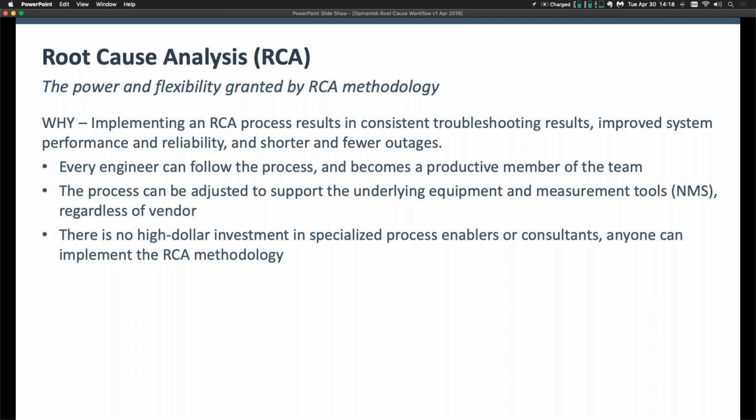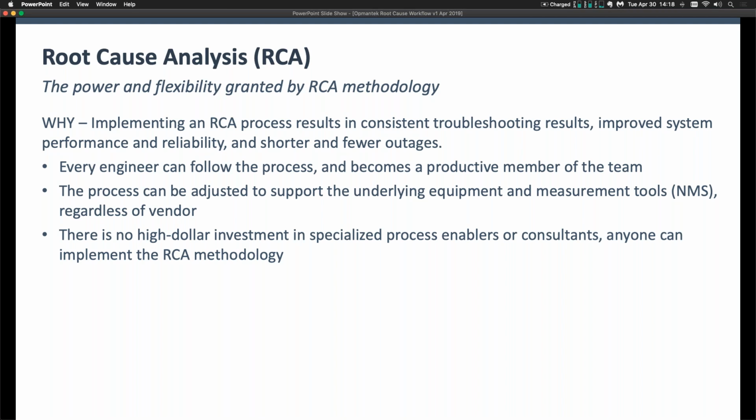Your RCA process is flexible enough that you can use any tools you can to help fill in the process. It's about looking at what you have, as opposed to saying, in order to implement this process, you must have these 3 pieces of software, and you have to spend this much money, and you have to hire high-cost enablers